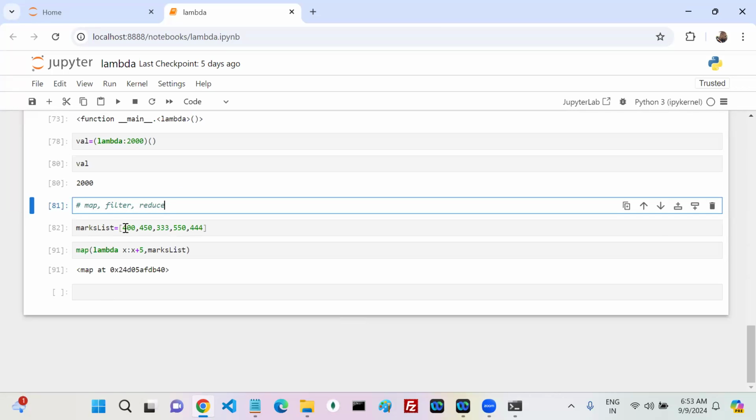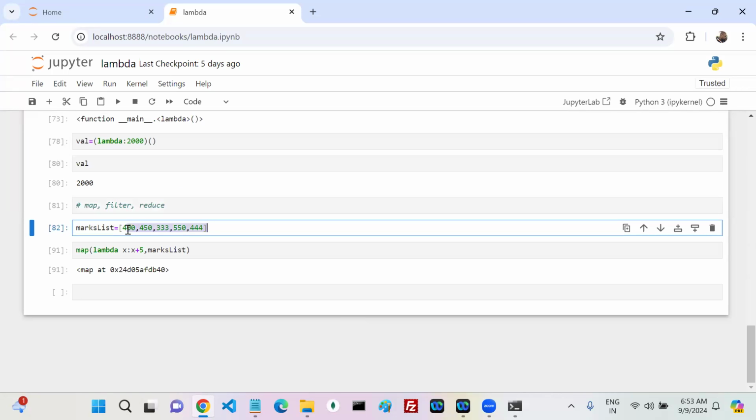I have 5 student marks. These are my 5 students' total marks, 400, 450, like that. But in our exam, in our BTech, if any one question came from out of syllabus, then they are going to give bonus marks for each and every student. Simply think like that. For every student, they gave 5 marks as a bonus. If they gave 5 marks bonus, then at that time